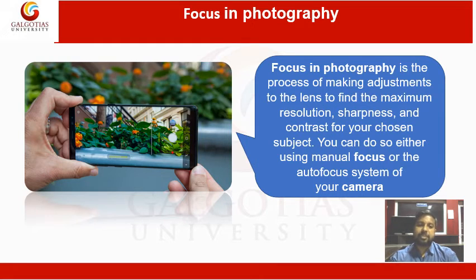But there is some problem, because when you are photographing 2 or 3 persons, but you want to make sure that only one person or one object from that photograph is in focus, at that time you have to use only the manual focus mode, because in automatic focus mode it automatically focuses on all 4 of them or any one of them. For creative work, we have to use the camera in manual mode and focus also in manual mode. So professionally we have to use focus in manual mode.